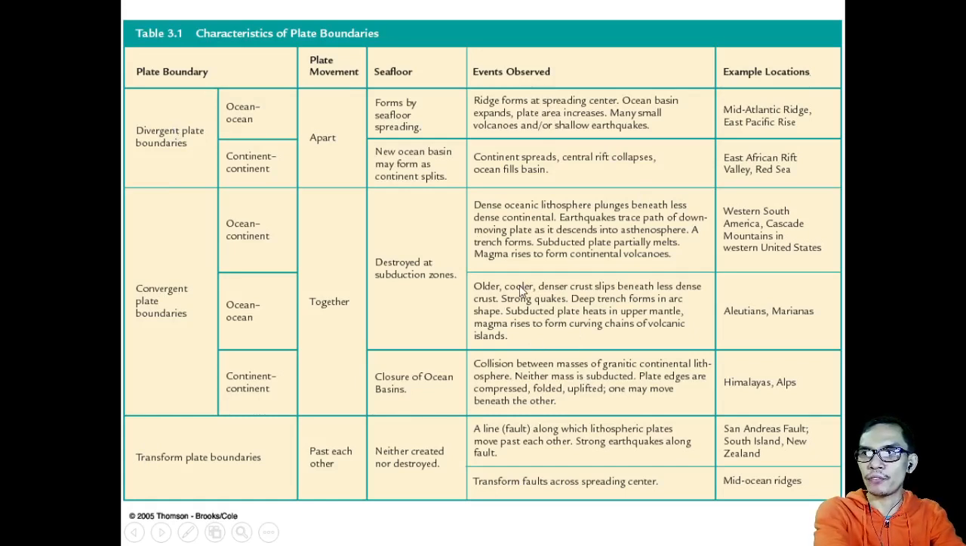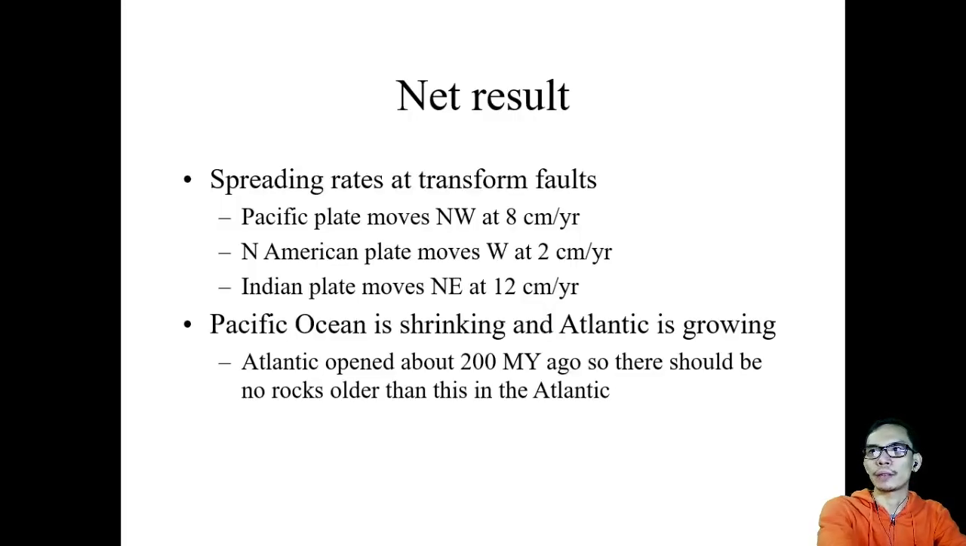So these are the events that you can take note of when there is a divergent plate boundary in that area, and also with the convergent ones. All right, so what will happen in the future? As it continues to move, the plates that we have right now,